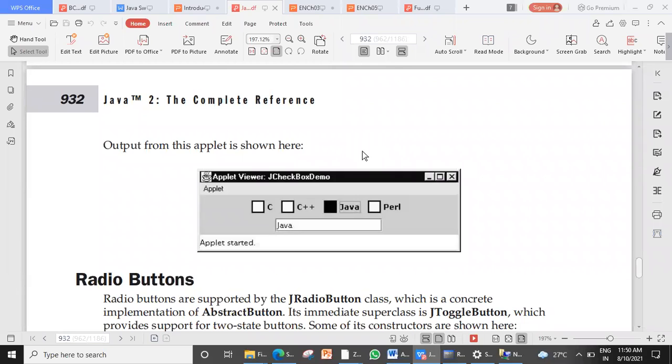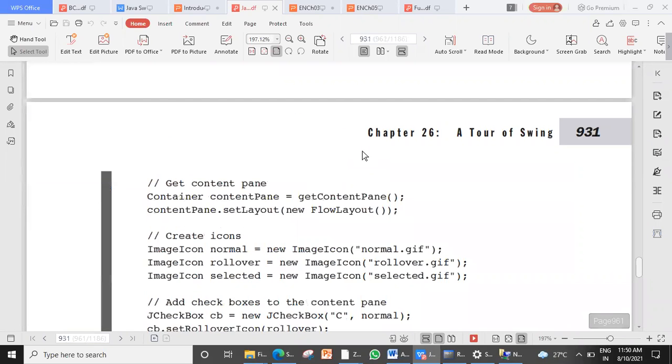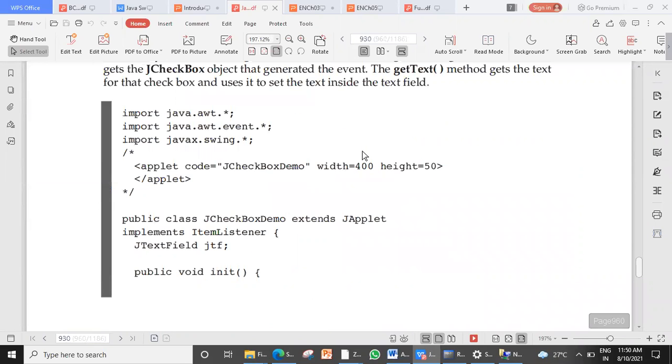Let's see the programming part. Code. Class extends JApplet. Now which listener? ItemListener. Because you are going to use checkboxes, or item event. Now, we have a text field.